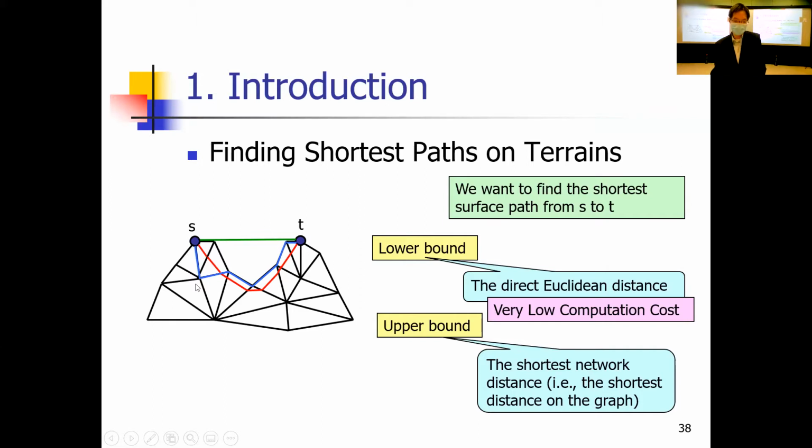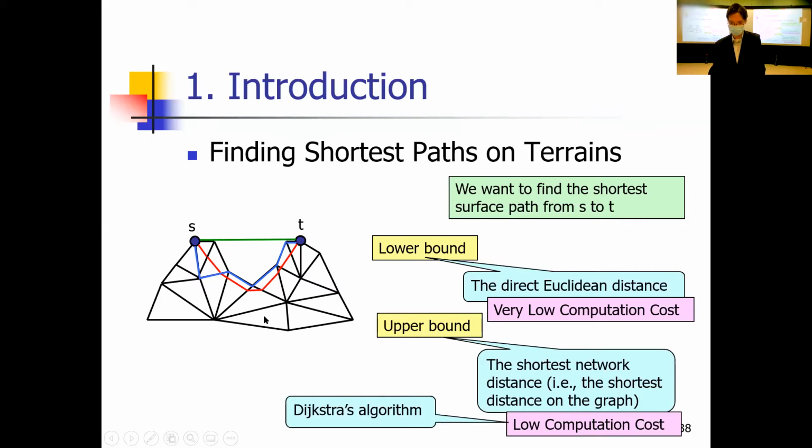So we understand that, intuitively, the length of the blue color one must be larger than the length of the red color one. So this is the upper bound, okay? In the literature, they use lower bound and upper bound to do some operation to speed up the computation. Since this one involves only a few edges, the computation cost is also cheap, okay? Although this is much larger than the previous one, the lower bound, it's also faster than computing the red color one, okay? This is the low computation cost of a standard algorithm called the Dijkstra algorithm.